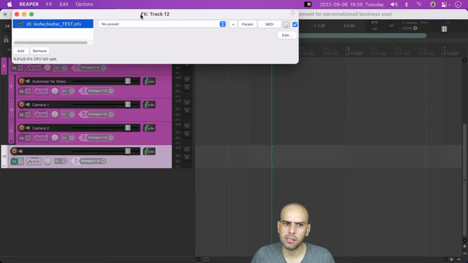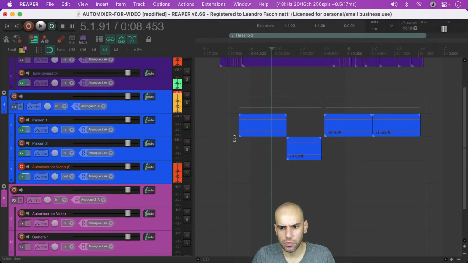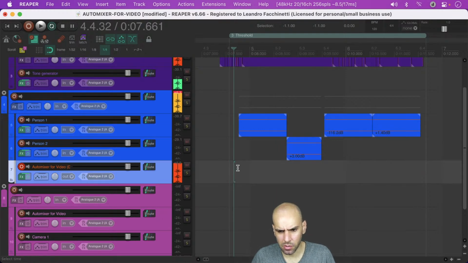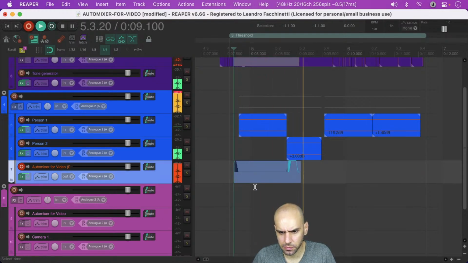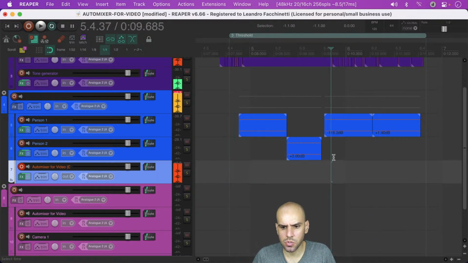Okay, so what's up with that? Why are we above the threshold when we shouldn't be? That's the question. So this is definitely below the threshold. And yet it is triggering a scene switch.